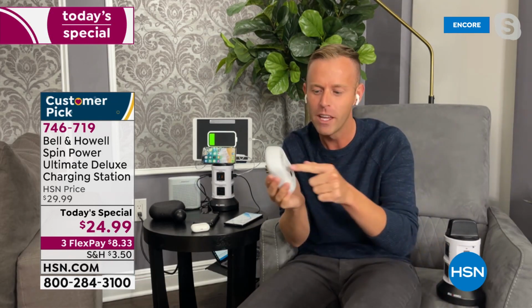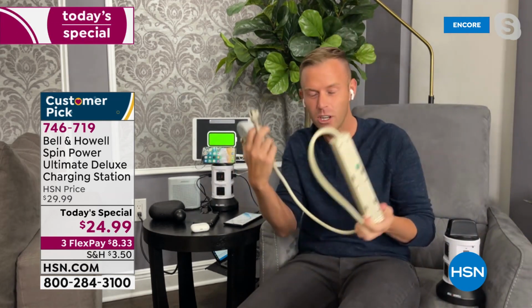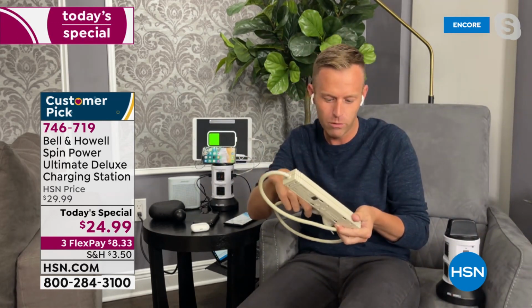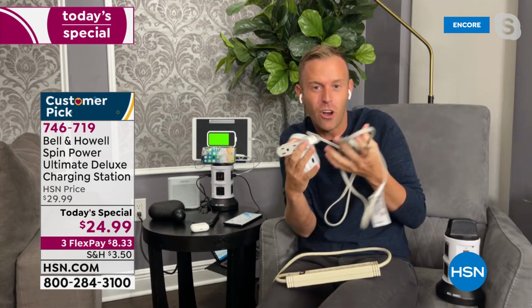You plug it into the wall, it's supposed to give you 5 outlets, or maybe the power strip, you sort of have an extension cord, but you only have 1, 2, 3, 4, 5, 6 on here. That's a little bit better. And then how about things like just extension cords? All these things cost a lot of money. None of them allow you to have